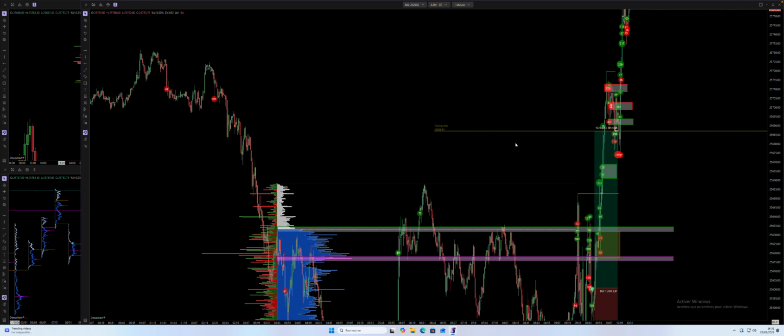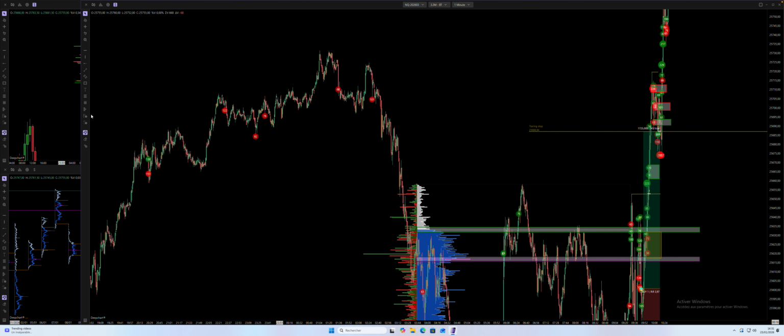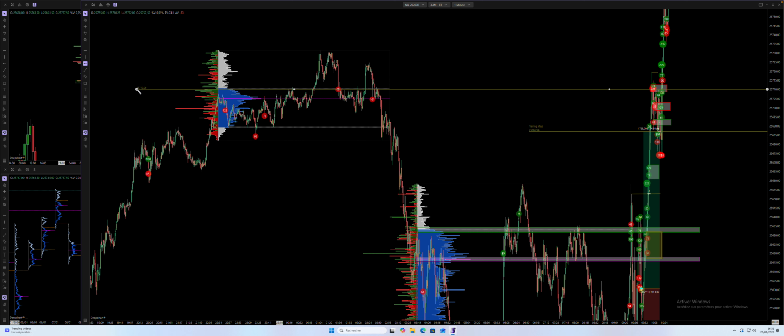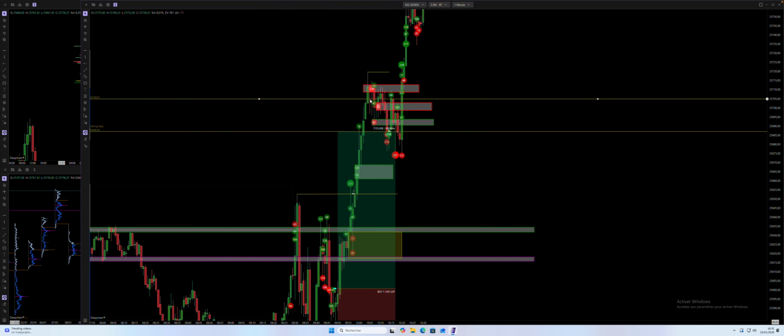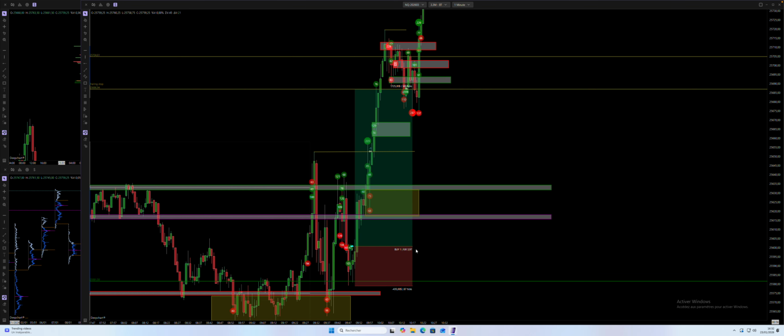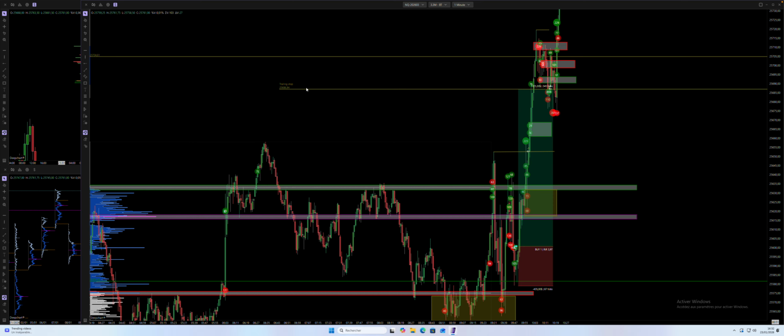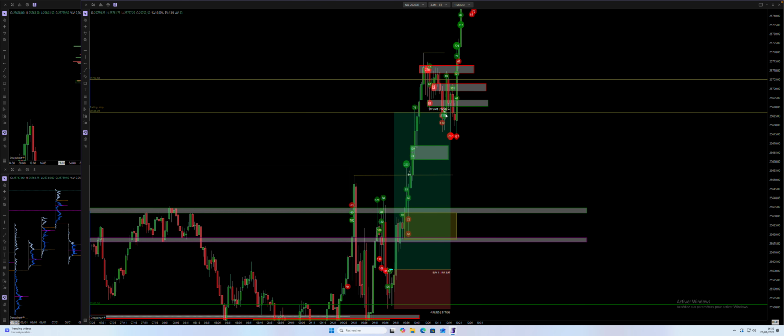straight up to the next area here, this compression area. We can put a profile, and we have the POC just there, and at the POC we got some resistance with a lot of big players here, also here. So from here I trailed my stop loss below this level. You can see the trailing stop, and the arrow is just here. You can see that it was my